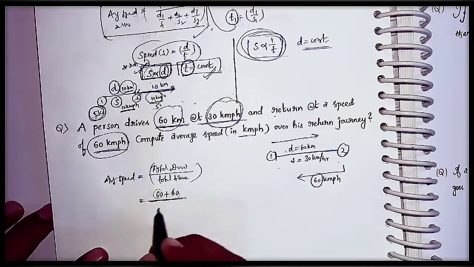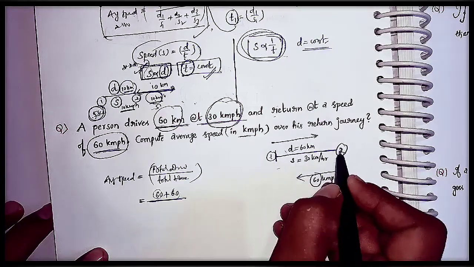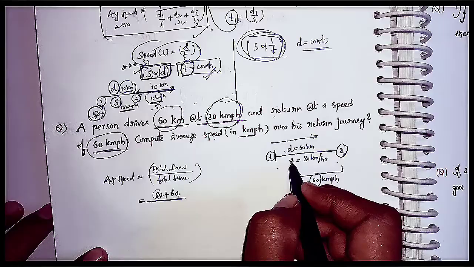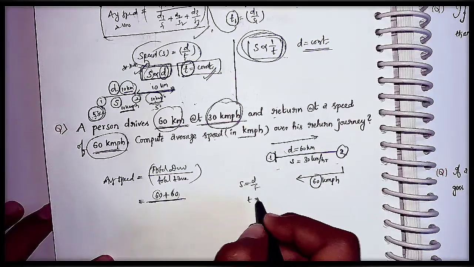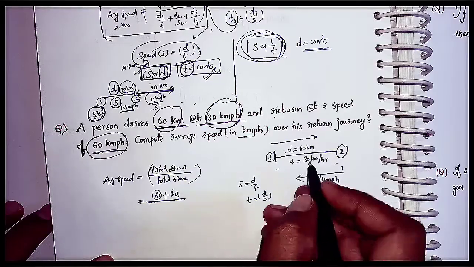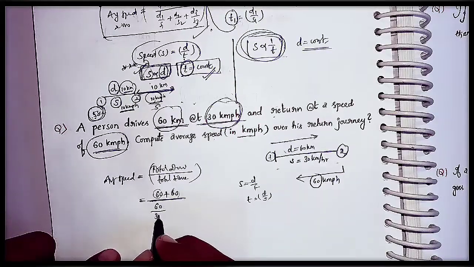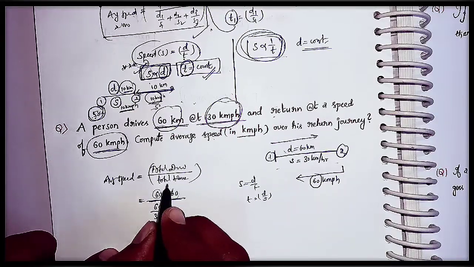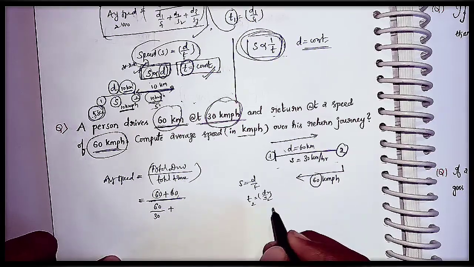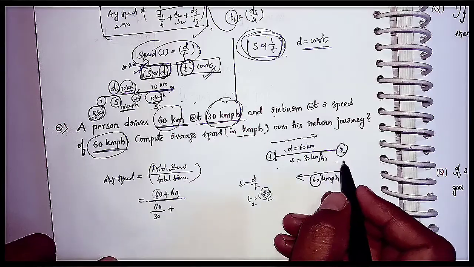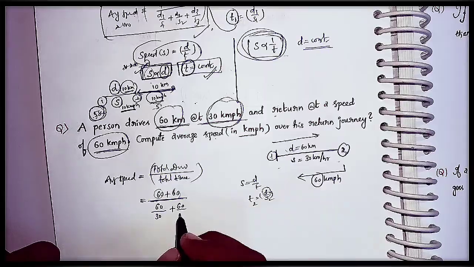Okay, and total time, that is t1 plus t2. Yes or no? Here while he is traveling from 1 to 2, he gave distance and speed, but he didn't give the time. Yes or no? As we know, speed equals distance by time. That is, time is nothing but distance by speed. The distance is 60 kilometers and speed is 30 kilometer per hour. Similarly, t2 is nothing but d2 by s2. That is the distance of the returning journey, the same 60 kilometers, and he is traveling with the speed 60 only.